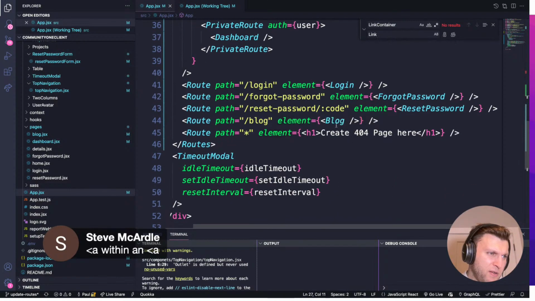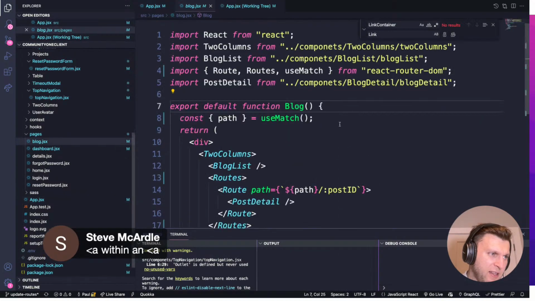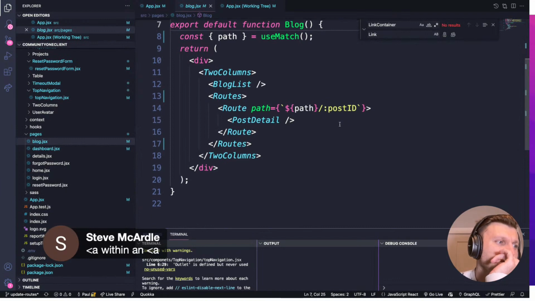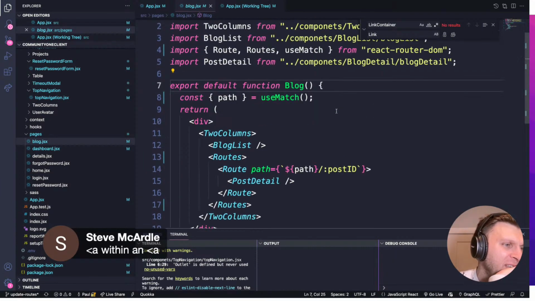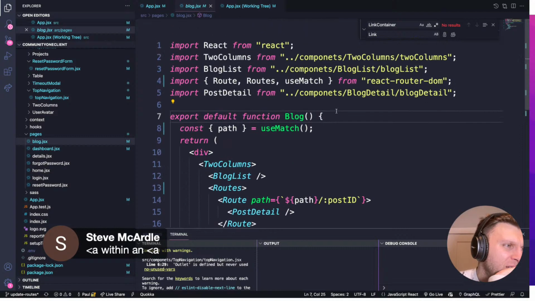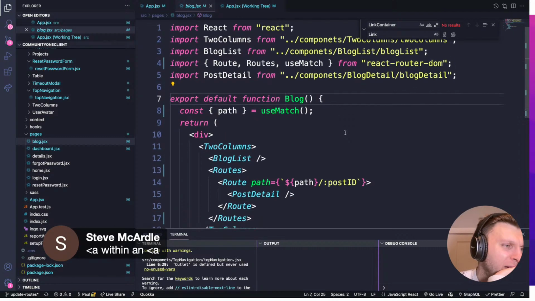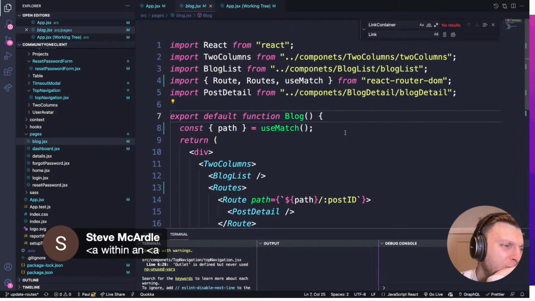We need to figure out how to do nested routes. If we go into the blog element here, here are our routes, and we're not getting the post ID, which is supposed to come from the previous